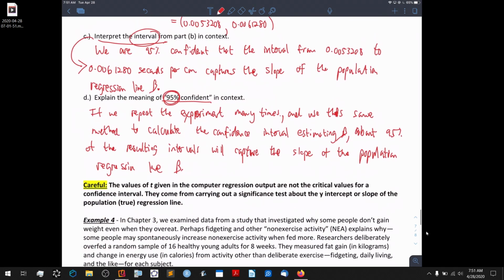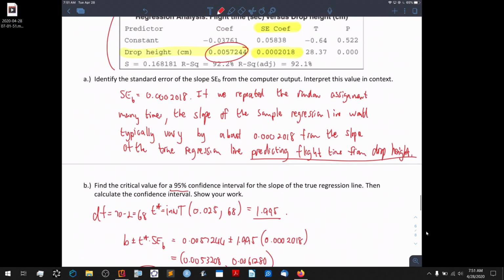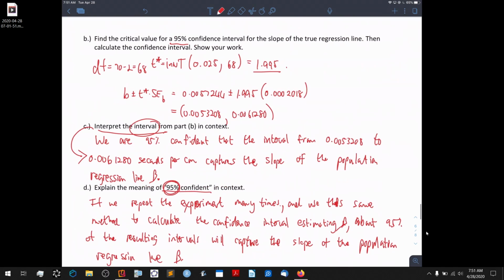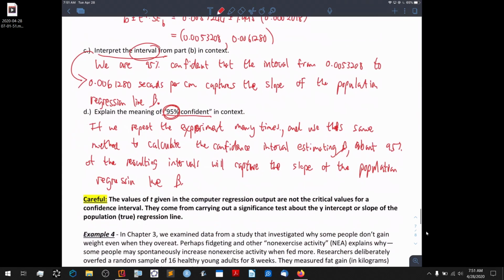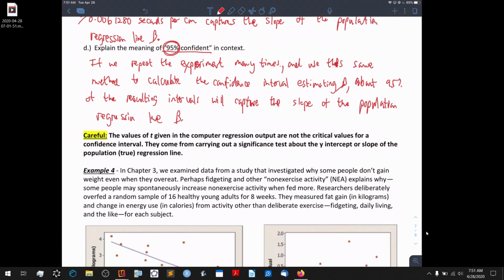Yeah, so that's that. So basically what we just did is we went through and did everything. So we did one entire estimation of a population regression line slope. Okay, so this whole note sheet, all we've done basically is check conditions and then actually calculate a confidence interval for the slope of a population regression line, and then we interpreted everything as well. Okay, so this was a really good review of a whole bunch of stuff we've done this year so far. Okay,